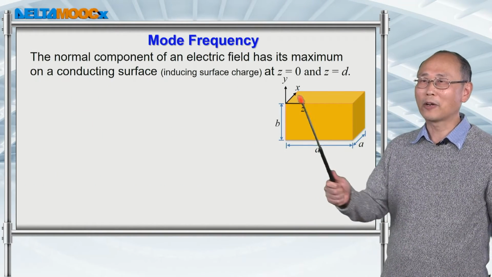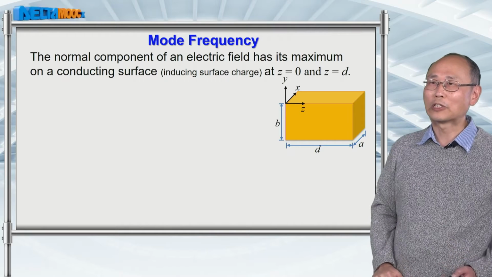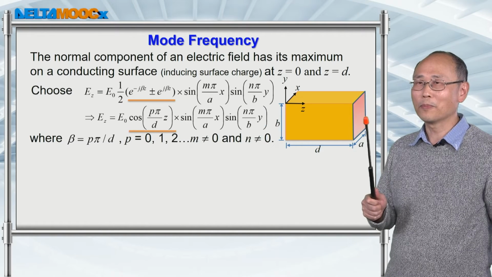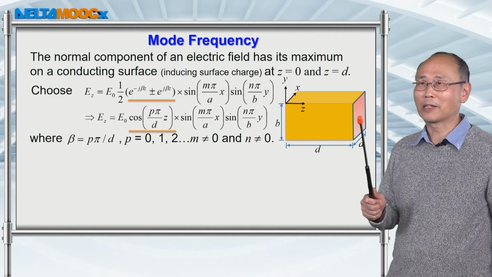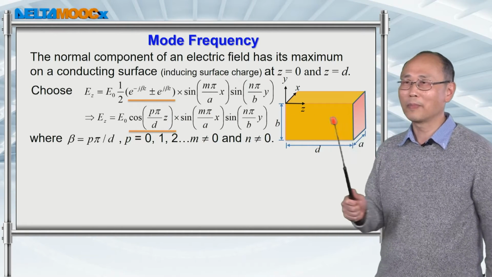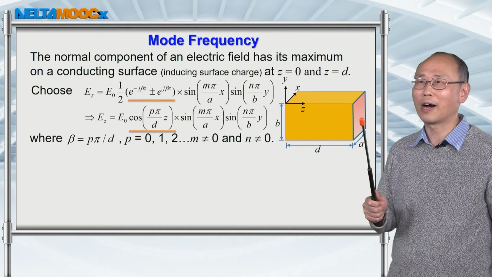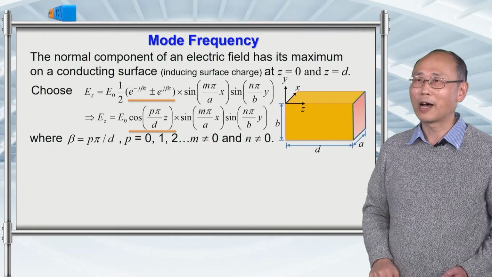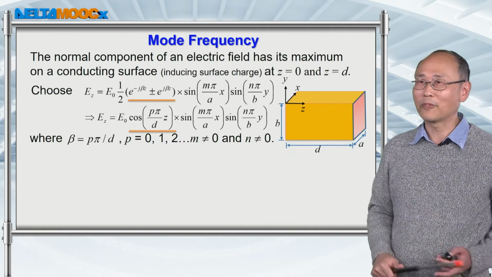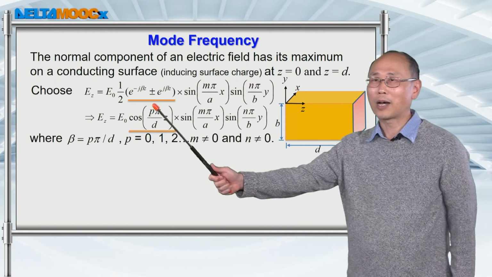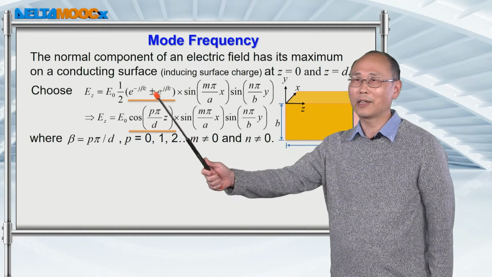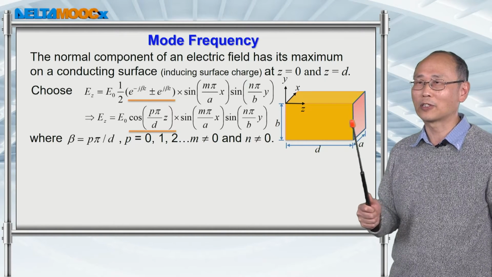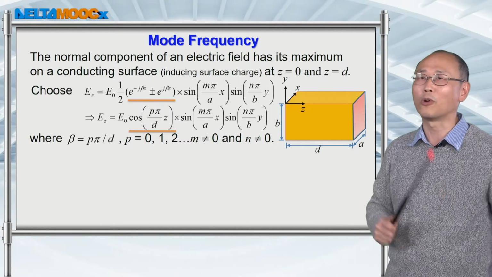Now, let's look into the boundary conditions. We wrote down the expression for the Z component of the electric field. So we're going to look into the Z surface. For example, for this Z surface, you'll be expecting to have a maximum value for the electric field normal to this Z surface. We just reached this conclusion in the last session or in previous lectures. So the choice of this plus minus sign is to create a maximum value of the normal component of the electric field on this surface and also on the surface opposite to this one.